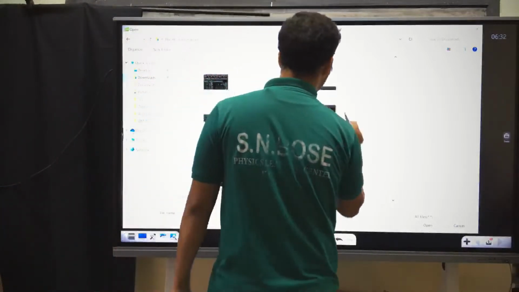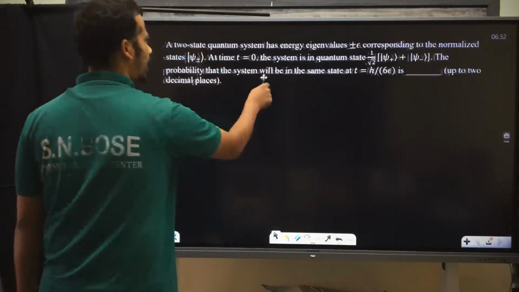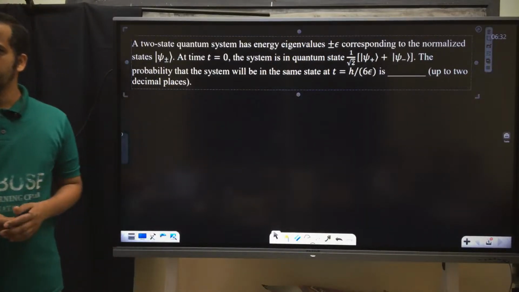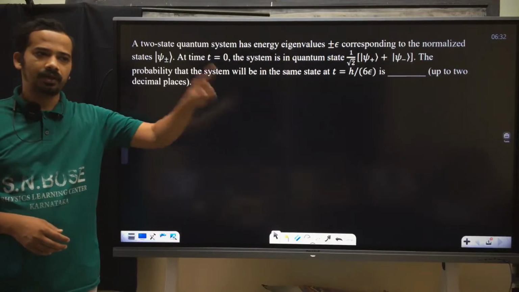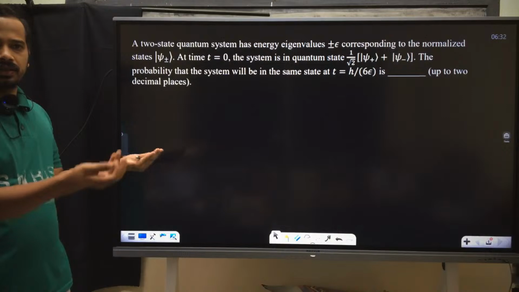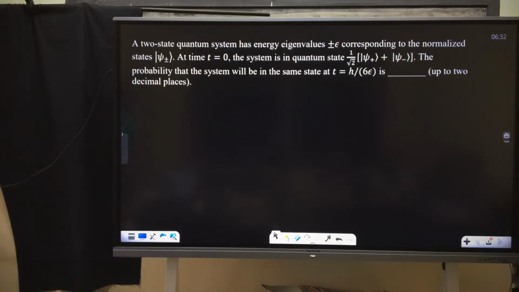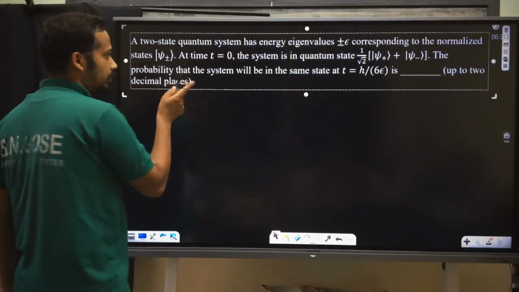So you may have some confusion with this one. One type of question they ask is about time evolution, then orthogonality with the initial state. Find the time evolution, then find the time after which it is orthogonal to the initial state. Take the time evolved state, take the initial state, take orthogonality and all. This question is a bit different. The other two to three questions are CSIR NET questions. They are asking time evolved, then orthogonality, but this is a bit different.